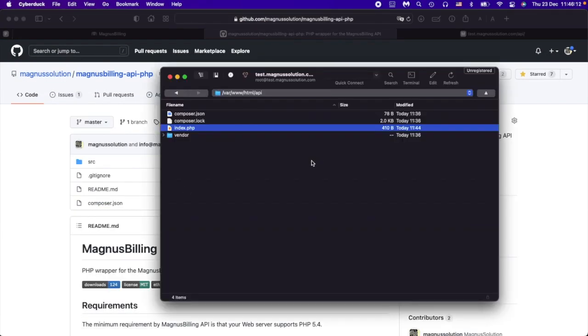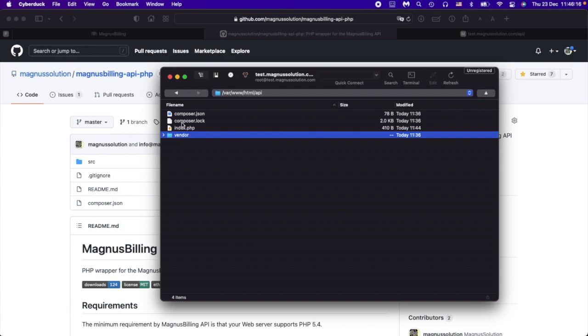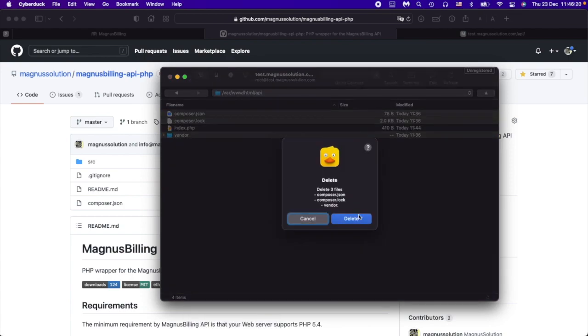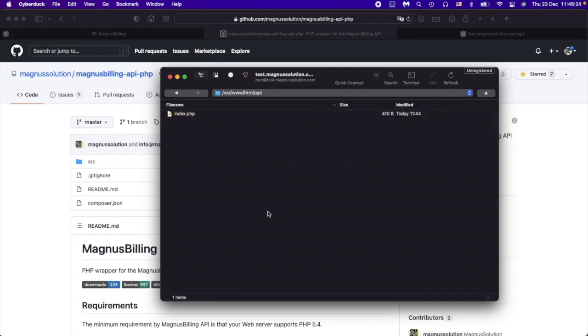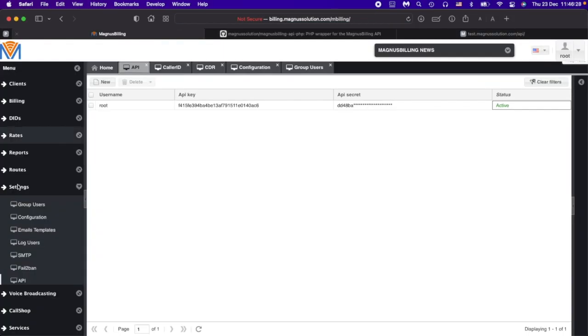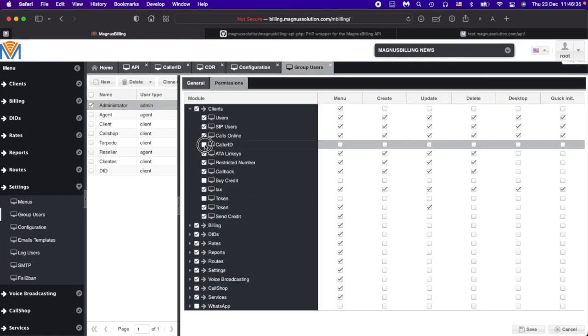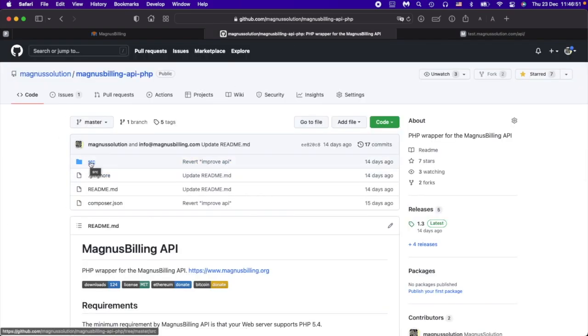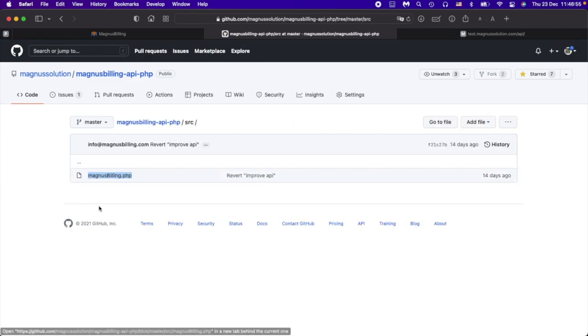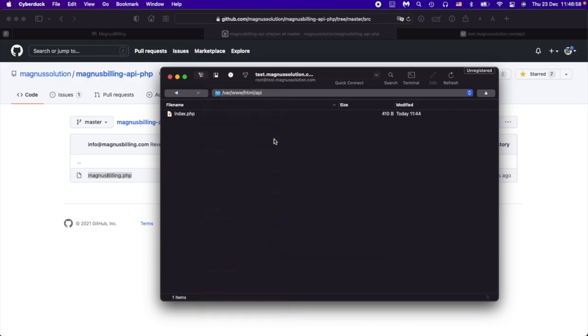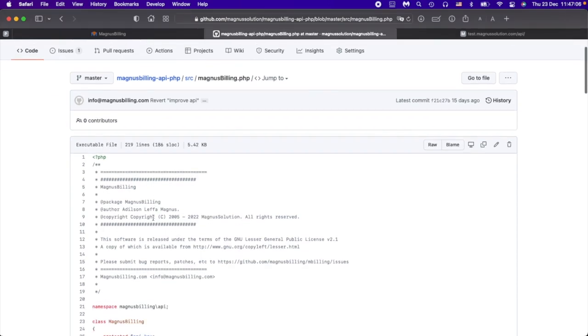No, I'm so sorry. I wish to show you how to use the API if you can't use Composer. Remove Composer, and let me go to groups, administration, and include CallerID again. The API will not work because we removed Composer. So, to use the API without Composer, you just copy this file, create this file on your FTP, open the file, open the code,